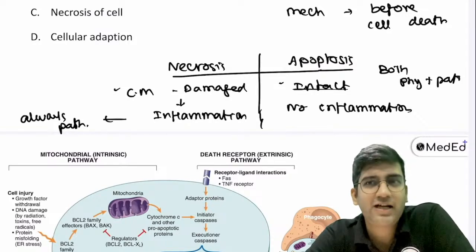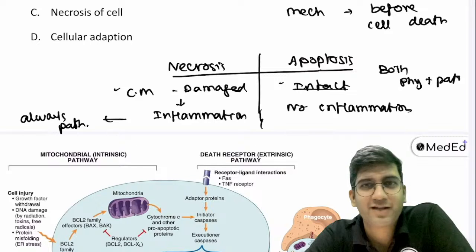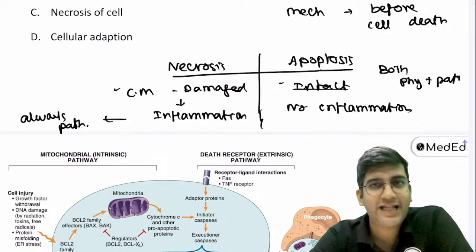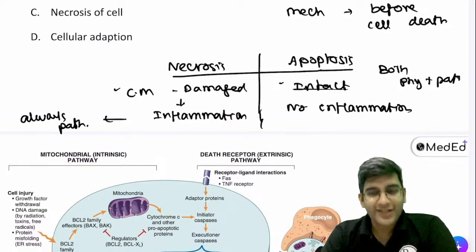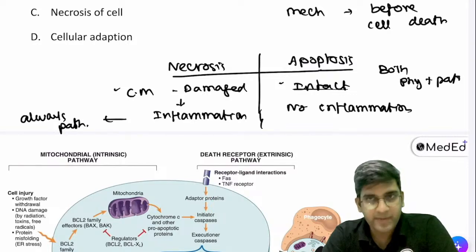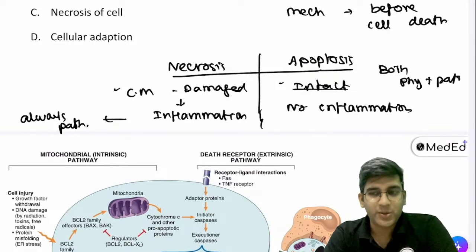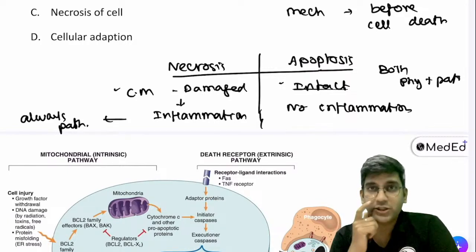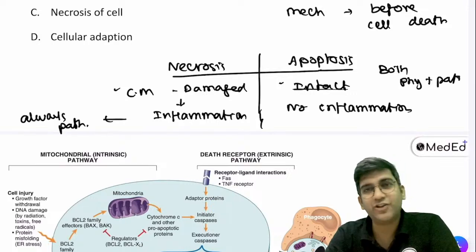Most of you will think that apoptosis is good, right? Apoptosis is bad. Necrosis is good because necrosis will have pain. If there is pain or inflammation, the patient comes to a doctor. When the patient comes to a doctor, I will diagnose the disease, I will treat the disease. Apoptosis, when it's pathological, I'm not talking about the physiological thing. When it's pathological, apoptosis will not have pain. There's no pain, no symptom. Patient will not come to a doctor, right?